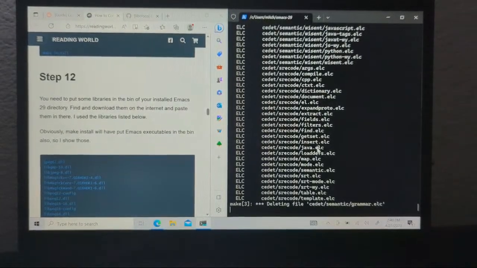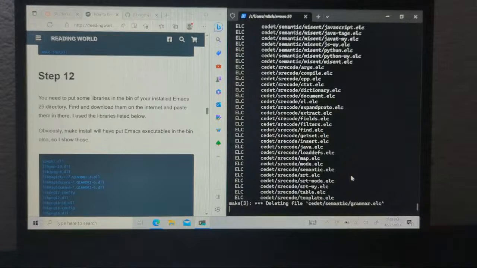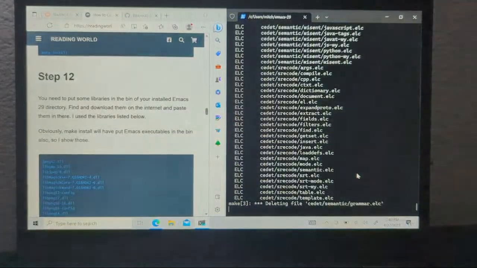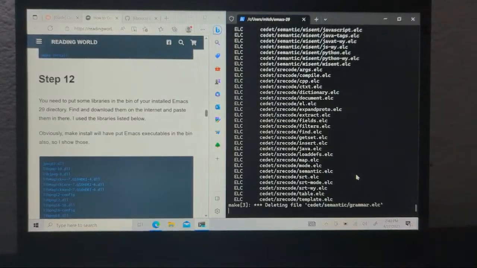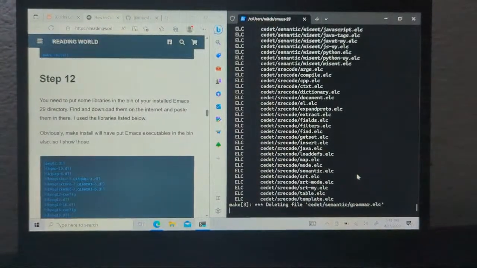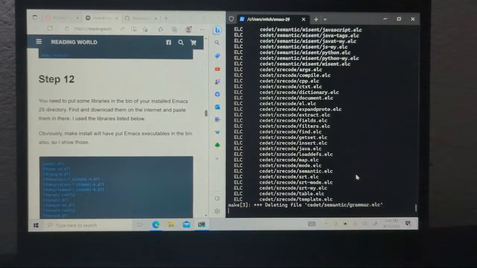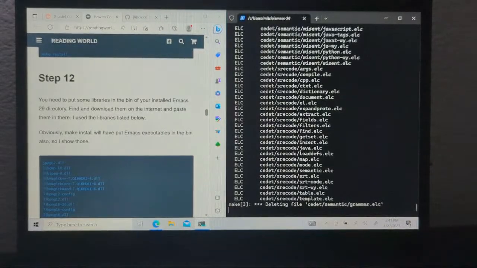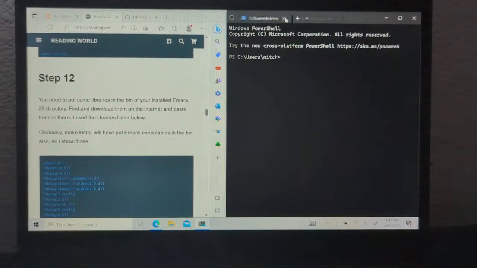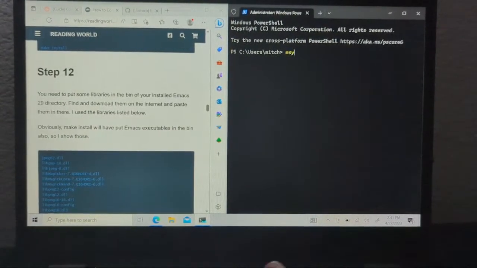Wait, what? Okay. Control C, Control C. Try and stop it. What happens? Nothing happens. It's broken. It's all broken. Okay, we are still live. The YouTube studio doesn't seem to have quite realized that. All right, that was a minor disaster. So we're just gonna CD into Emacs, whatever it is, and then